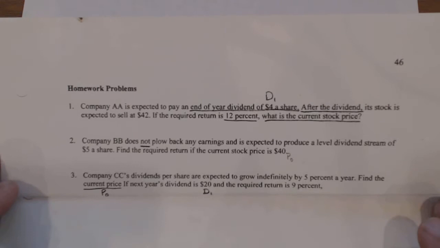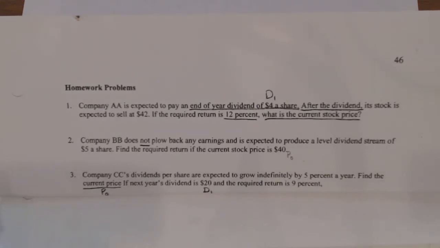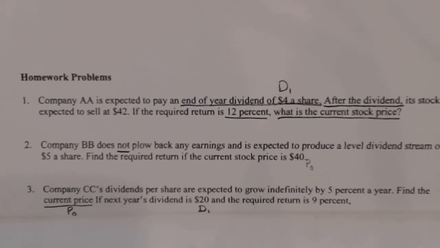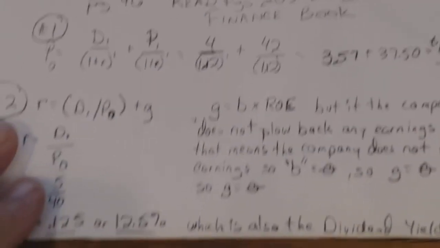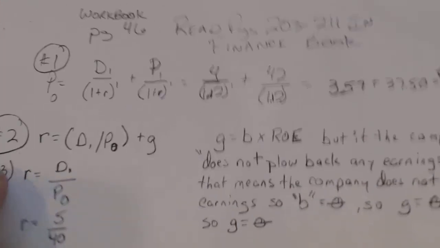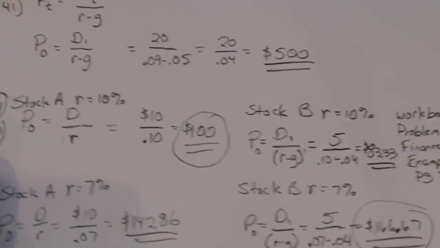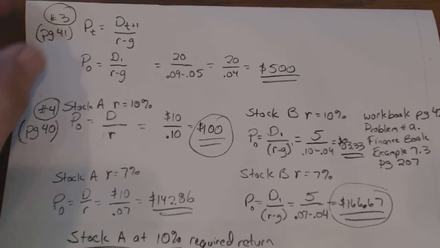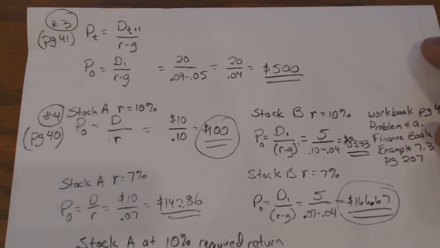Okay, question number 3. Company CC's dividends per share are expected to grow indefinitely by 5% a year. Find the current price P0 if next year's dividend is $20. That's D1, and the required return is 9%. Okay. So we flip that over. And for problem number 3,